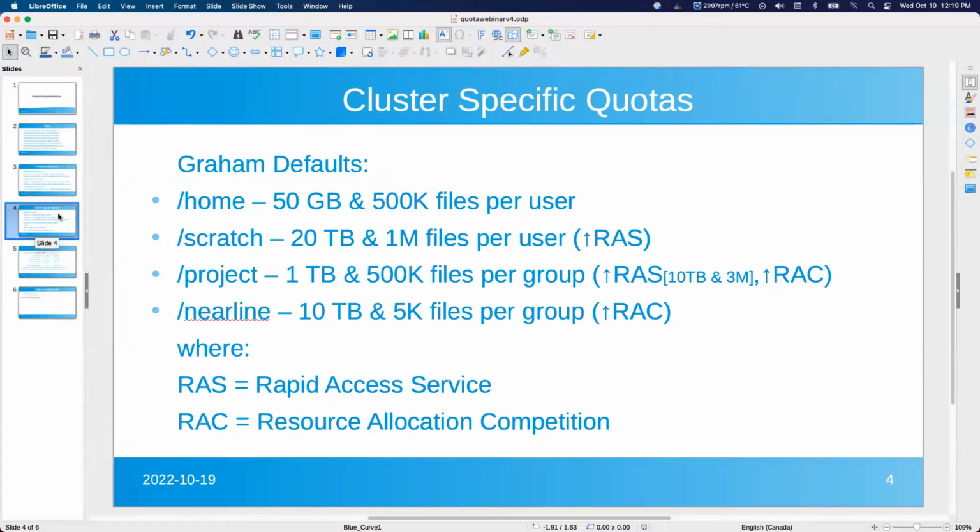So you can increase this default value of 1 terabyte and 500,000 files through a RAS request, which is fast. It can be increased up to 10 terabytes and 3 million files if you need it. If that still doesn't work, then